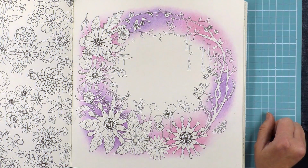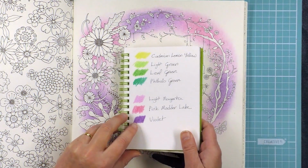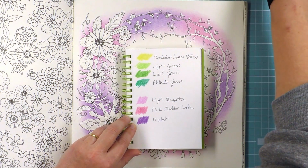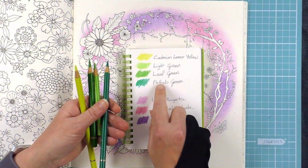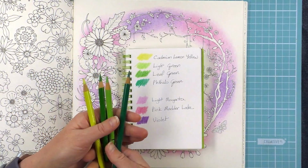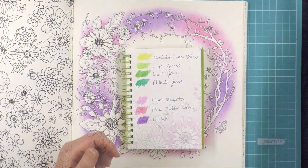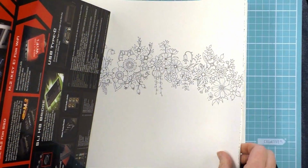to the next part. Now we'll go back to the colours that I've laid out, and we're going to work on the leaf colours. Now you remember I picked the cadmium lemon yellow, the light green, the leaf green and the phthalo green to do this with. So I've pulled all of these out, I've sharpened them and they're ready to go. If we go back to the picture that I'm following, back up here,